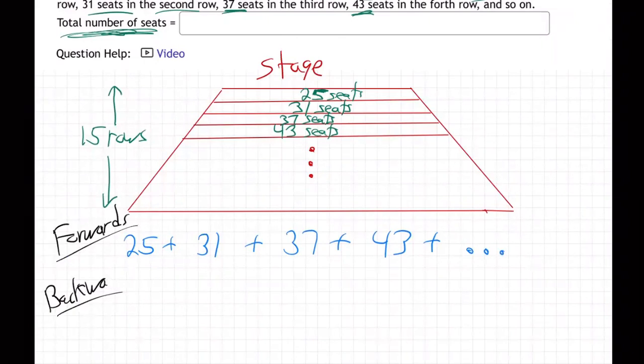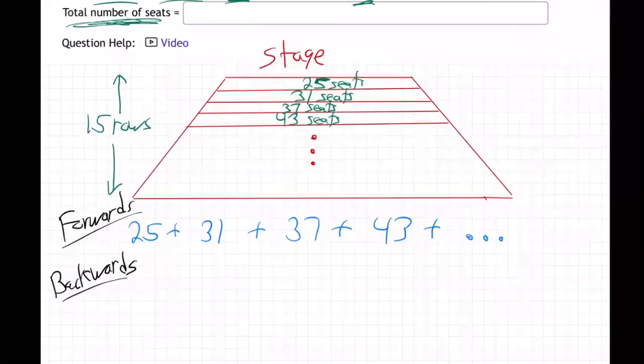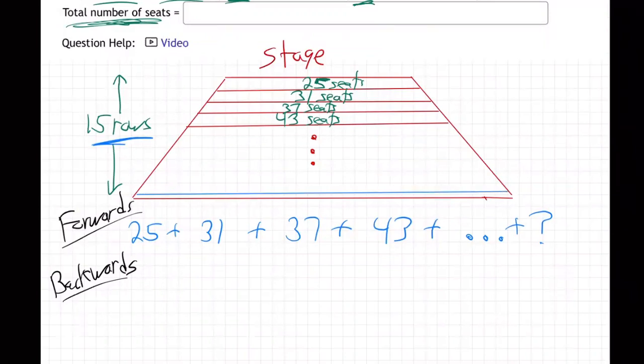I'm sorry, I had a little trouble hearing you. Would you have to figure out how many seats there are in the 15th row? Yeah, exactly, Lizette. Good comment. Yeah, in order to do the list backwards, we need to figure out the last number over here, don't we? Yeah, the 15th row, right? Because that's the bottom row down here. Well stated. I'm going to draw it right here. There we go. So we've got to figure out in this 15th row